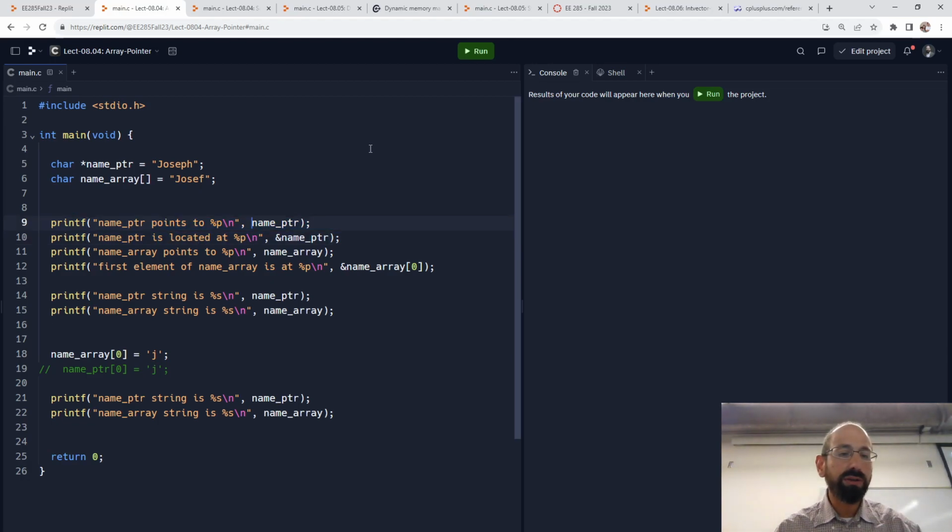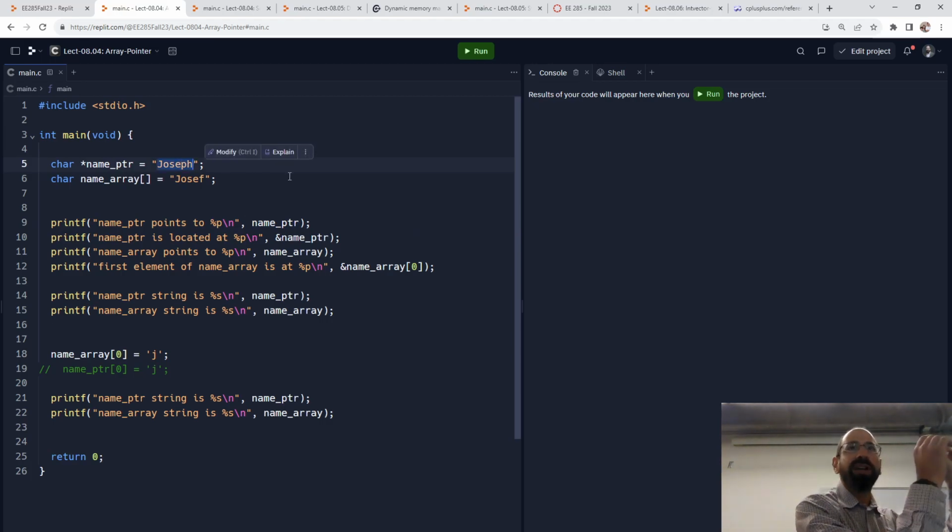Name pointer points to wherever name pointer winds up being in memory. Again, as we noticed earlier, we oftentimes don't care exactly what that address is, but we know it's there somewhere in memory. It turns out in practice that if we initialize it as a constant like this, it does get put in yet a different region of memory than if it was just a variable that was either global or